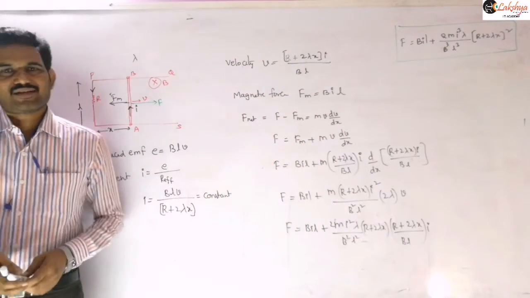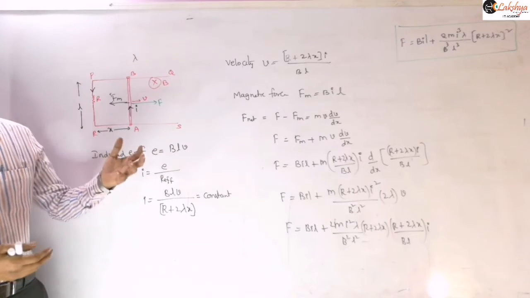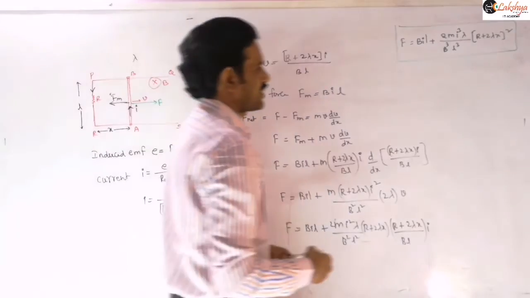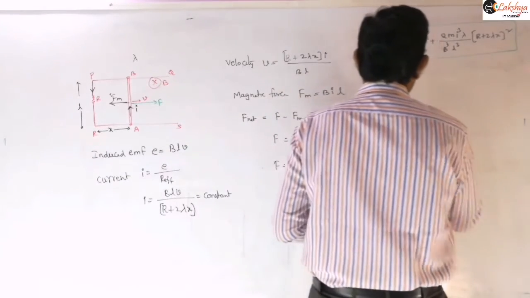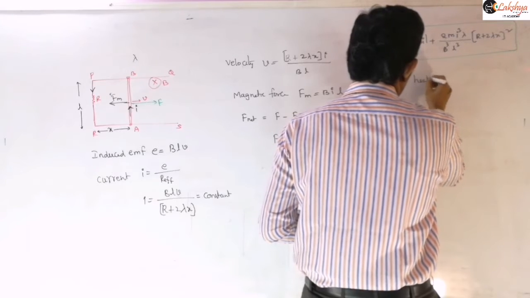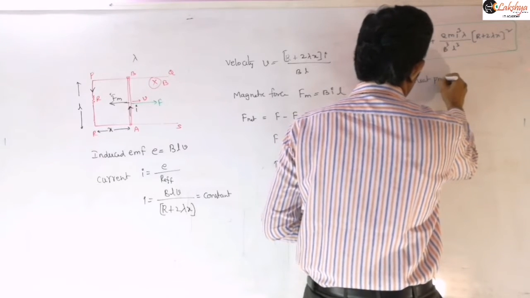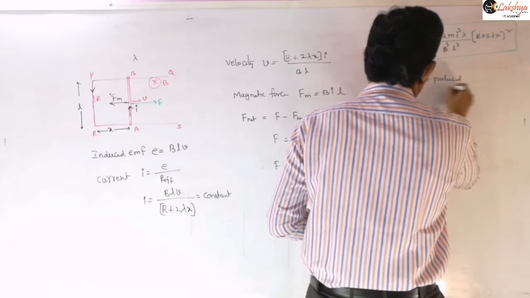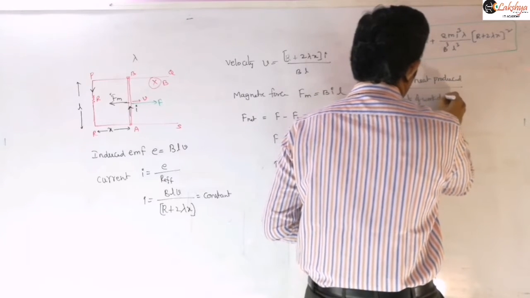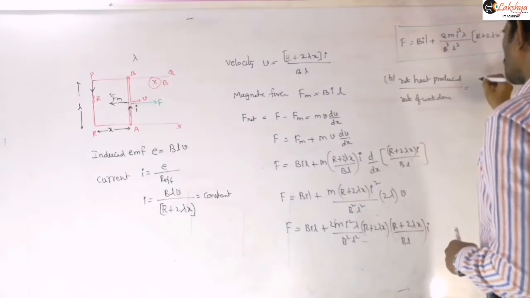The other question they are asking is the fraction of heat produced there. So fraction of heat produced means heat produced by total power delivered by this. Now we need to substitute here. Just I will write this fraction, then you can calculate that value here. So for the second question, what they are asking is rate of heat produced by rate of work done. So rate of work done they are asking, so that I can write this as rate of heat produced.